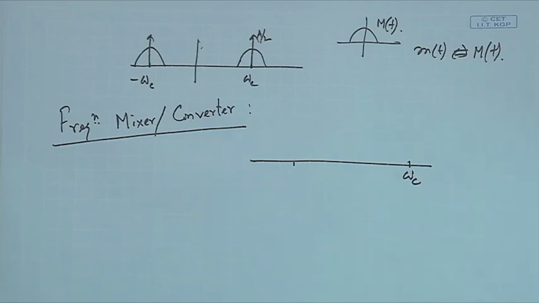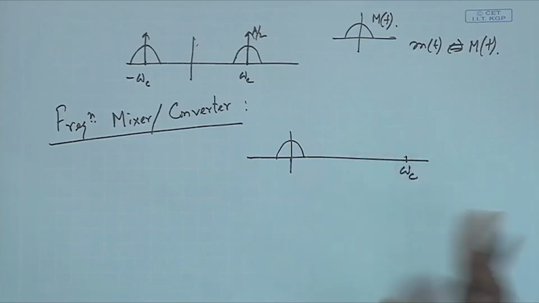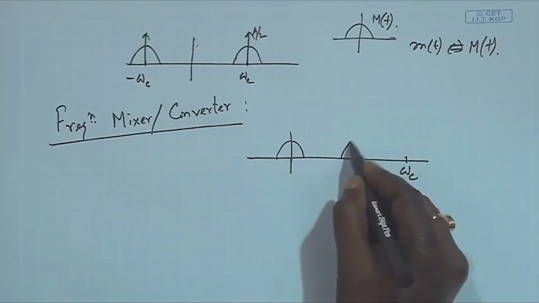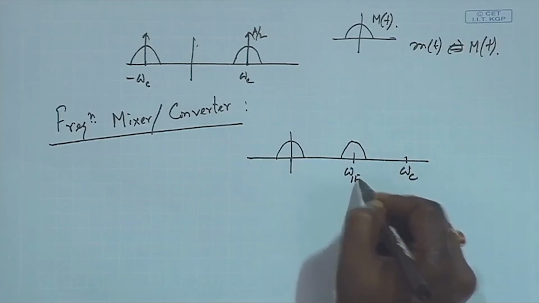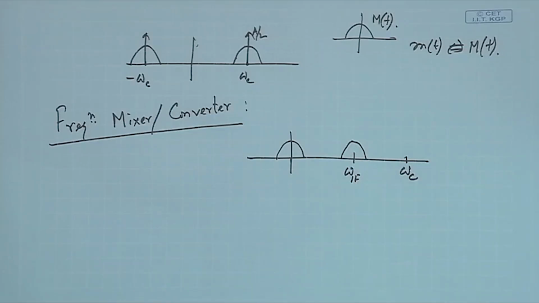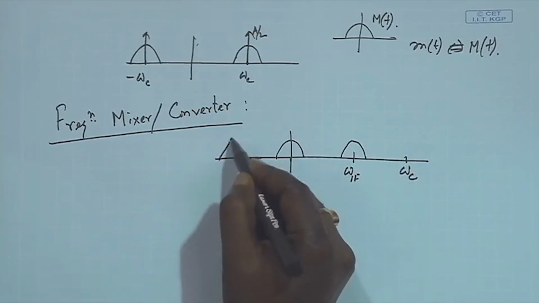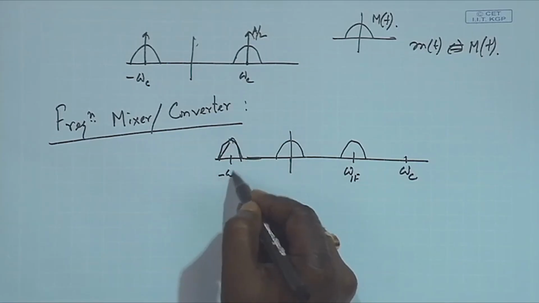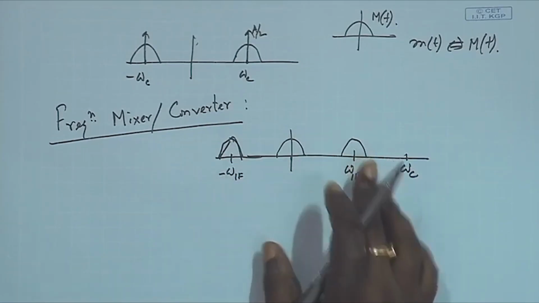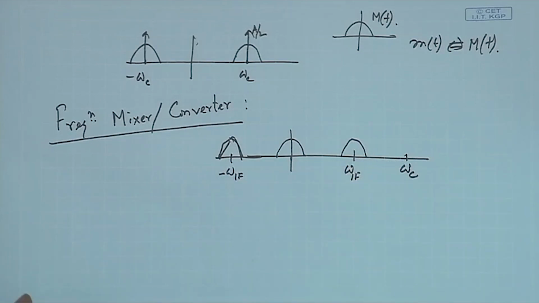Okay. So, if I wish to do that, what I can do is something like this. I can first modulate the signal, or even demodulation also similar thing will be happening. So, I can put it into an intermediate frequency, let us call it omega if. Similarly, in the negative half also same thing will be happening, and then after that from omega if will be actually translating it towards omega c, or sometimes I might do the reverse thing,